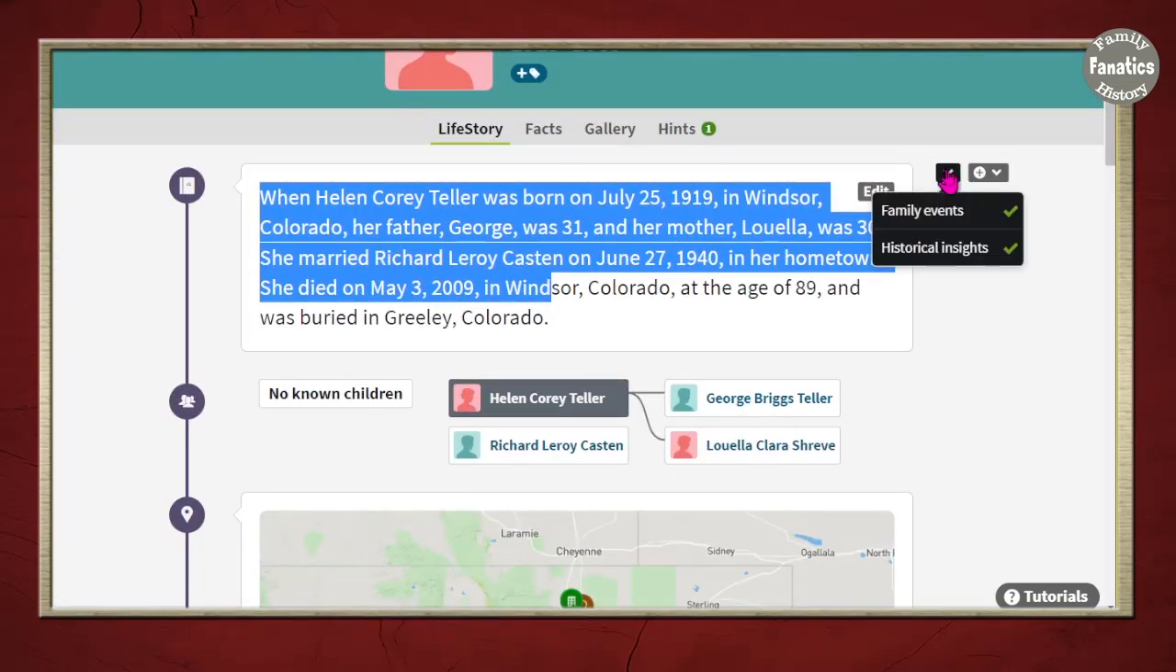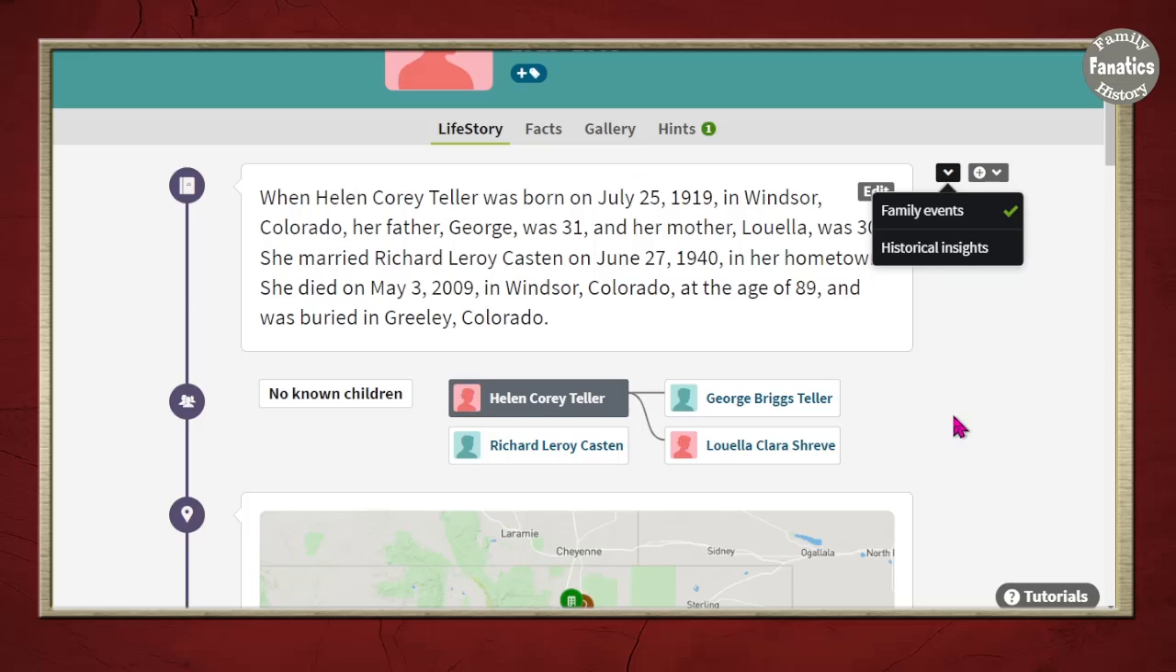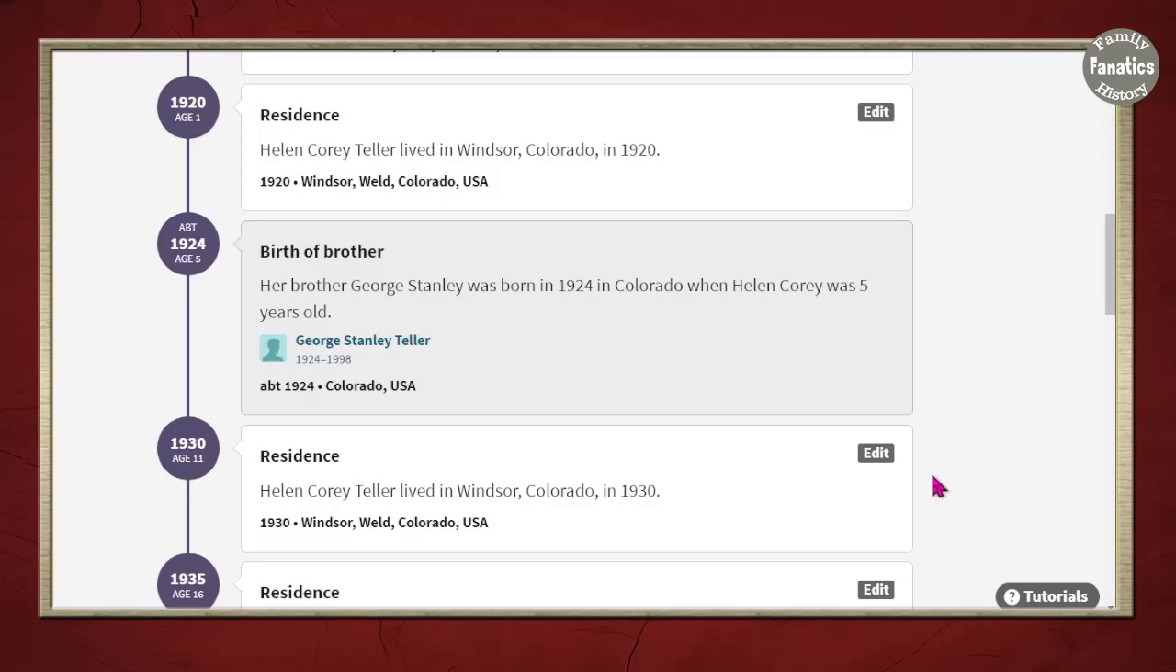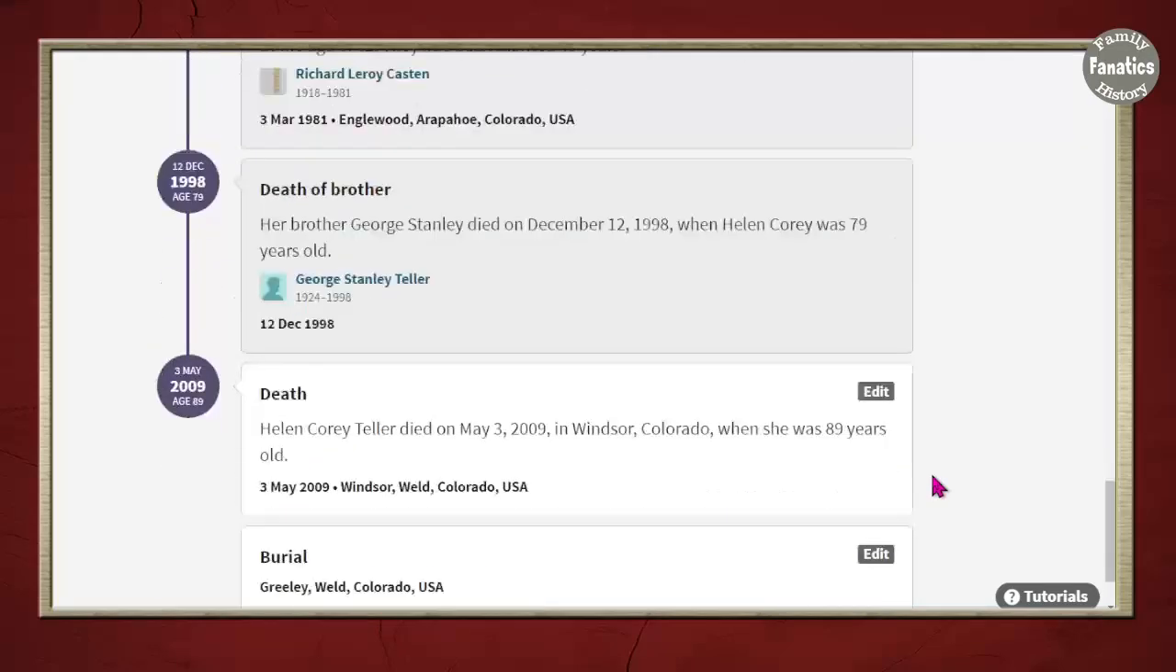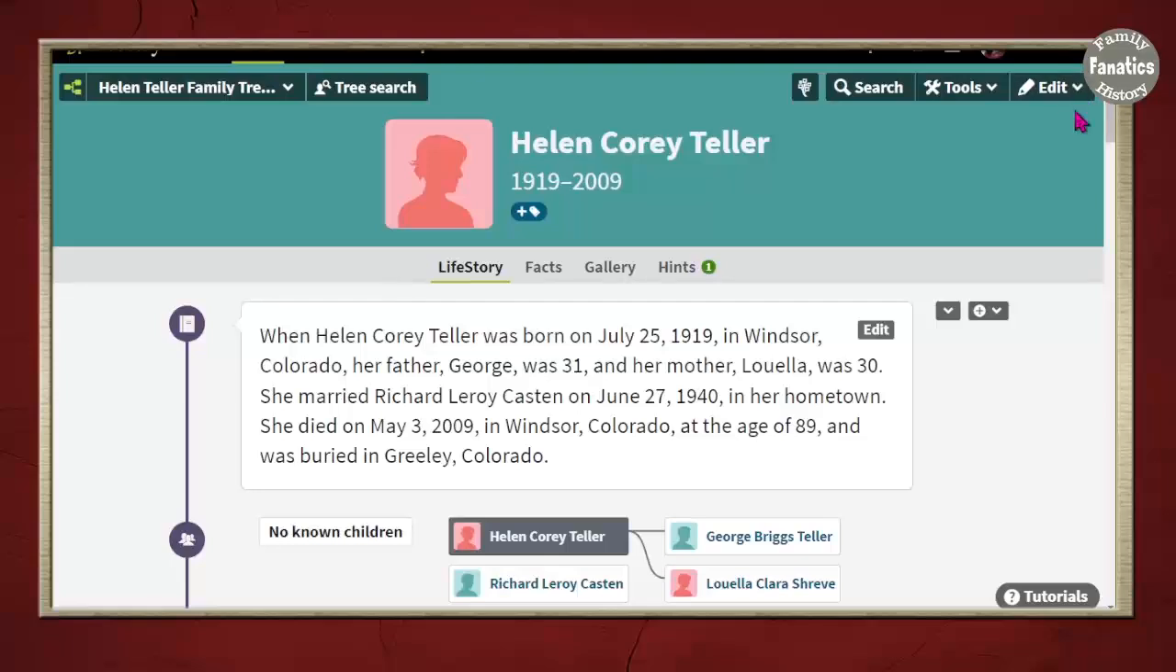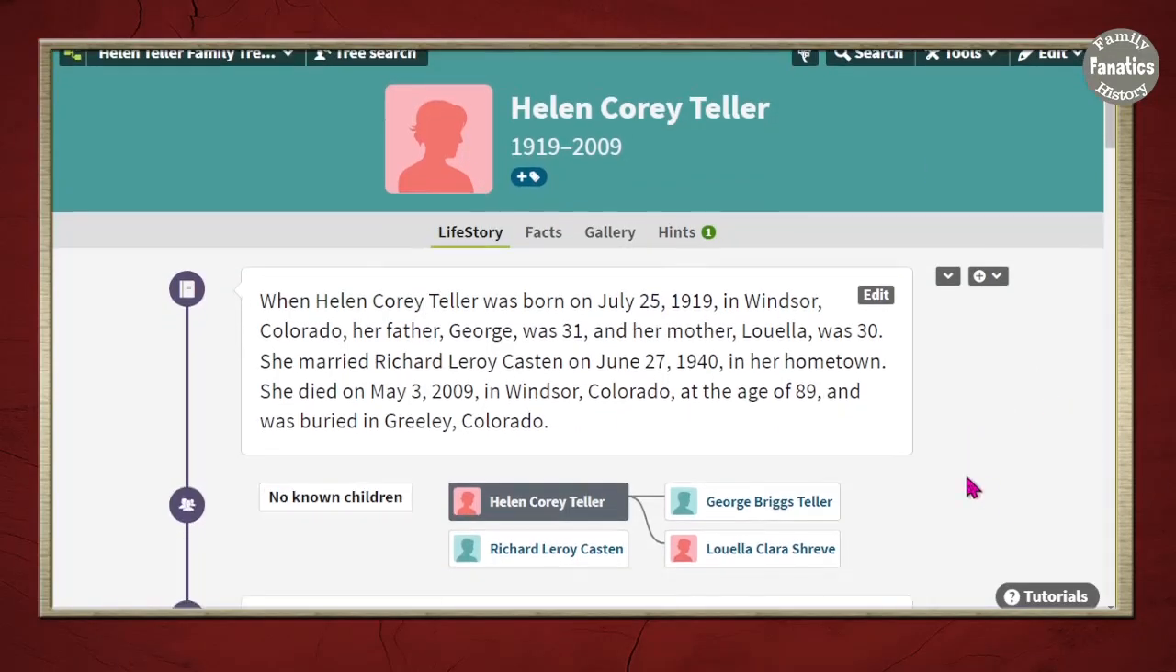Click on this drop down arrow, and you can turn on and off historical insights. And then it can impact your tree. I'm not seeing any historical insights in this particular tree, but I know I've had them in my Ohio families that I've researched, and my Canadians, and so on and so forth. So get familiar with this timeline, and you're thinking,